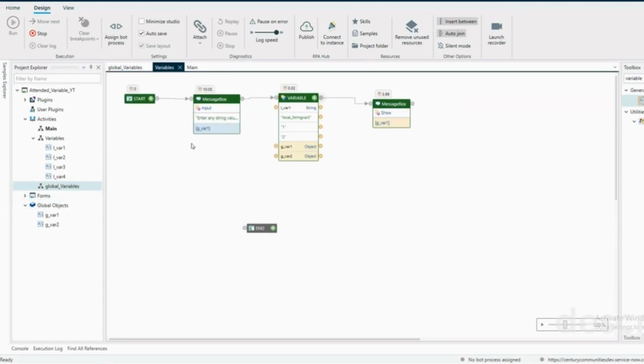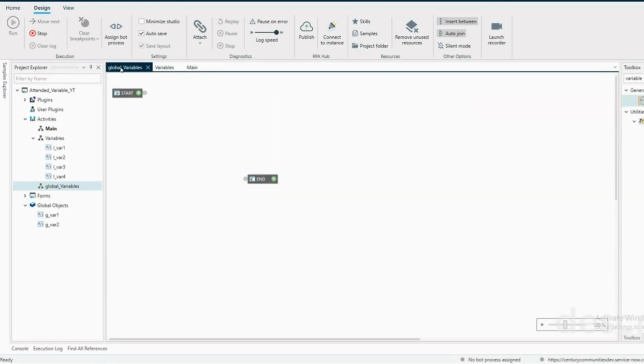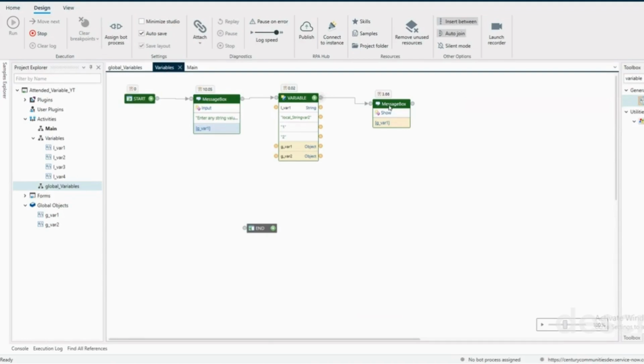Now let's assume that we are going to print the message box of the global variable and variable activity instead of variables activity. So now we'll do that. I'm going to copy this. I click on this, copy, go to your